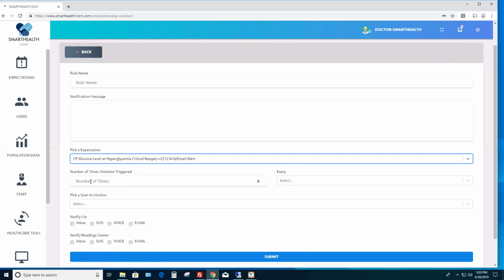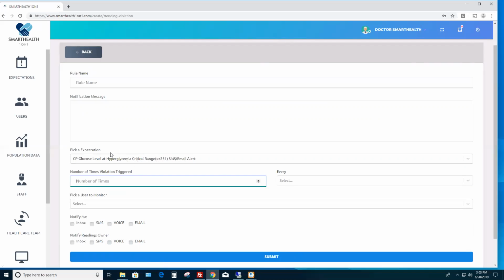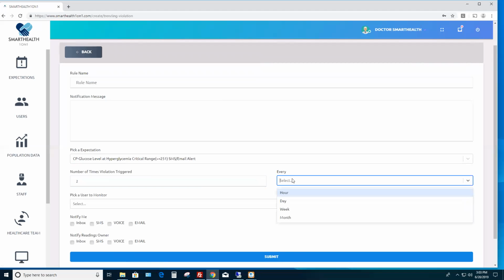Now I have the number of times that's been triggered. I can choose that I like to know if this has happened 2 times. And now you have a choice. Is it every hour you want to know? Every day you want to evaluate this? Every week or month? So this trending is a great way to use borderline hyperglycemia, borderline hypertension, expectations that you